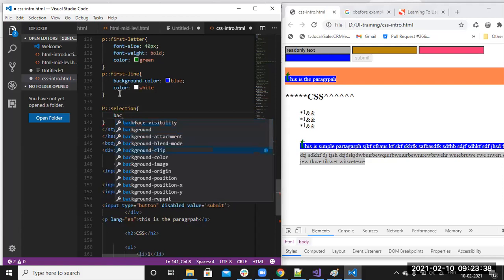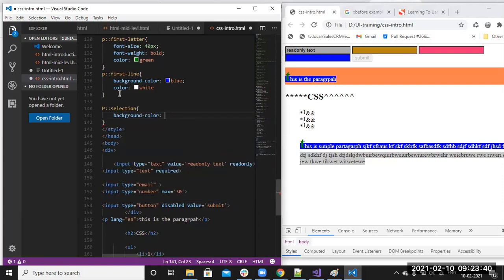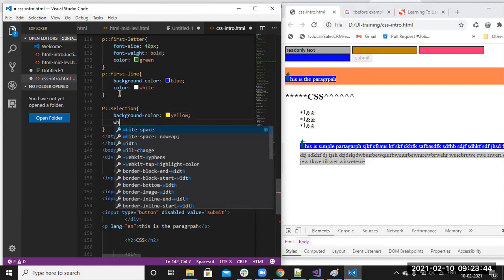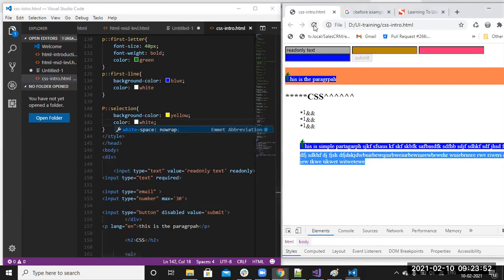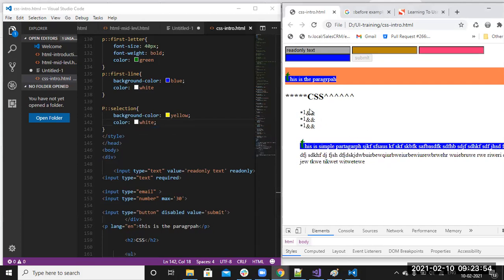So background color I'm applying yellow, and color is white. Now we can see. Here you are getting the background, and you can see here the selection is changed, right?